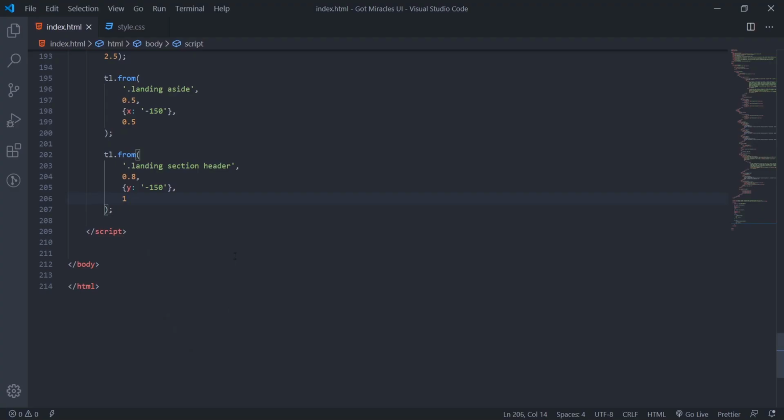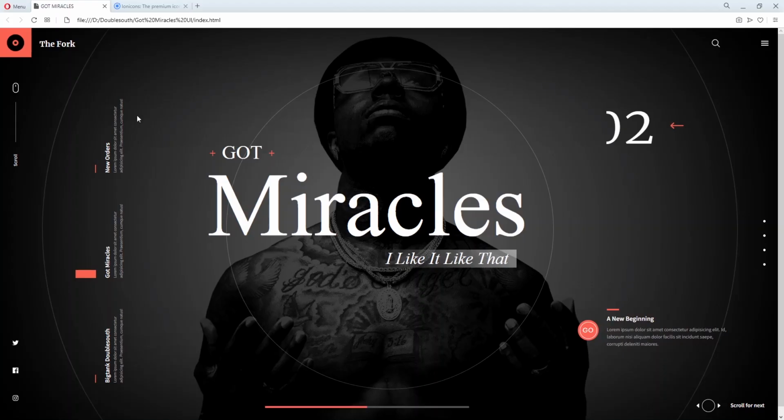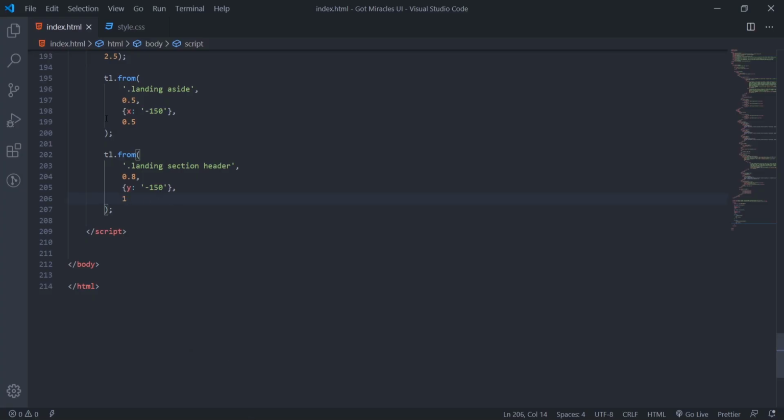All right, the next one we're going to animate is these features in this corner here. We're going to animate the features and they will push in from the y-axis. Then we'll animate the span, and then we'll animate this one. So these will come up first, then this one will come up.